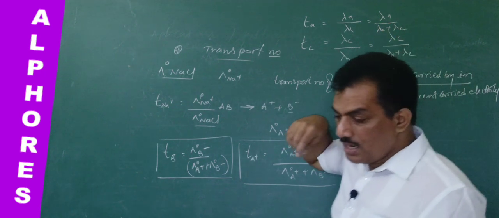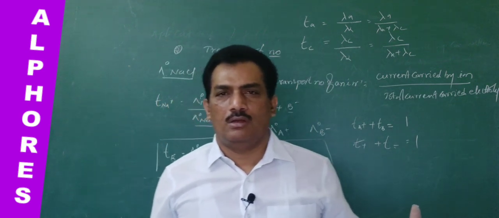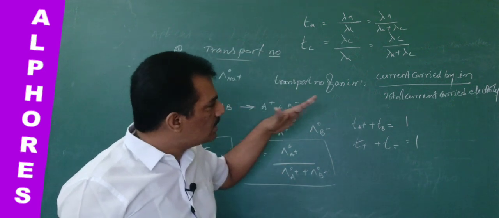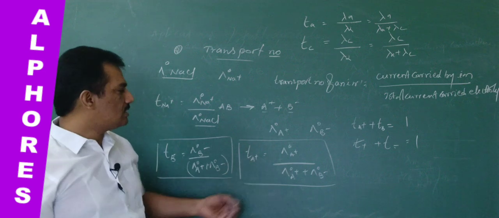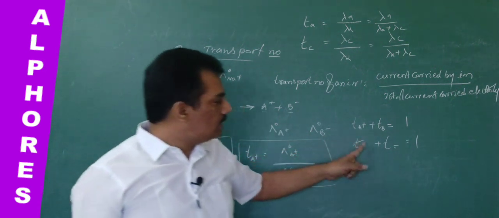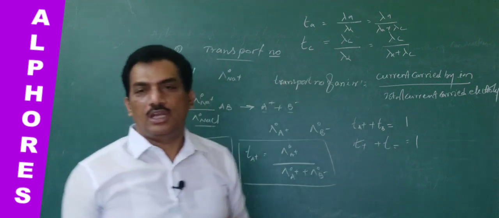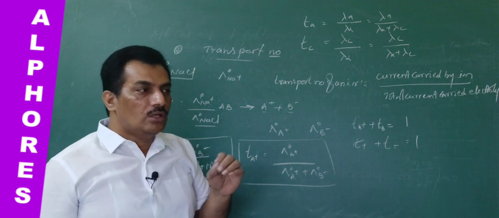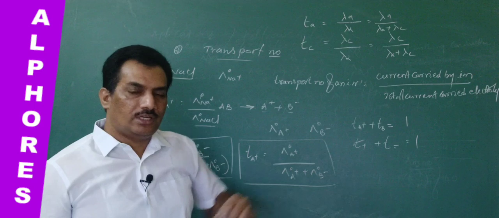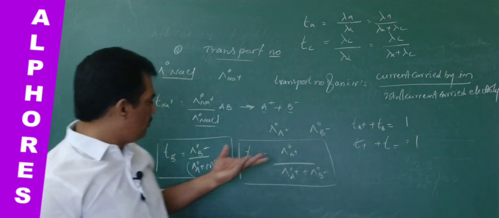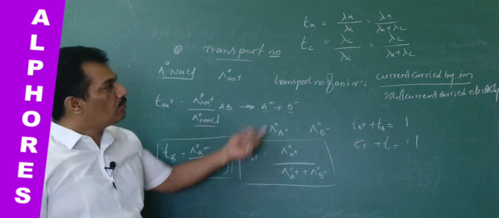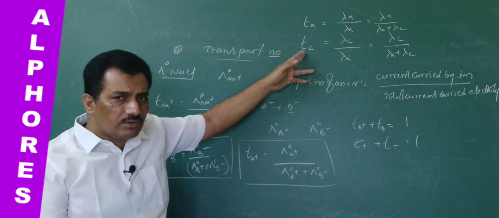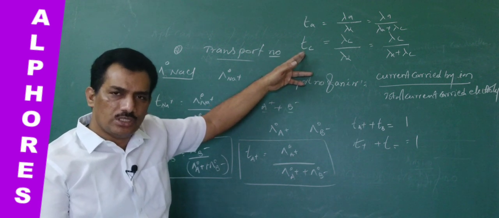Here A and C. Why am I using different terms? Don't get confused. Don't feel that I am trying to confuse you. Here I am using A plus B minus, and here and there just the charges, but all of a sudden I am using A, B, because I am making you involve in the topic, and so that you are not confused when you go through different textbooks. They may provide the information like this, or they may provide it like this. Then you should not get confused. For the same term there are different symbols, that is representations. So many representations are there.